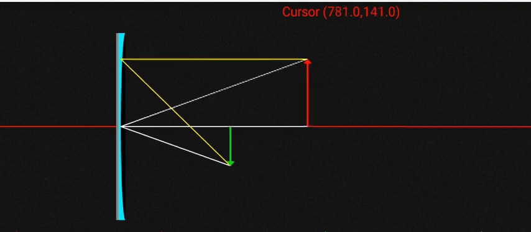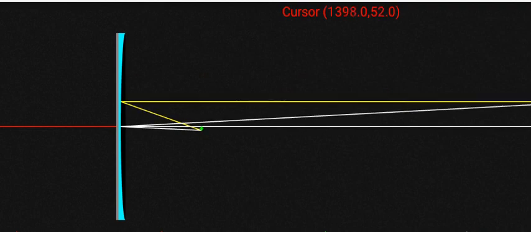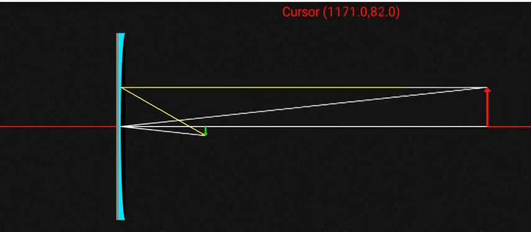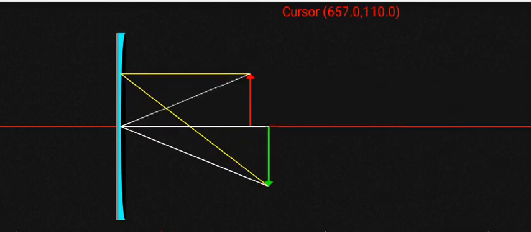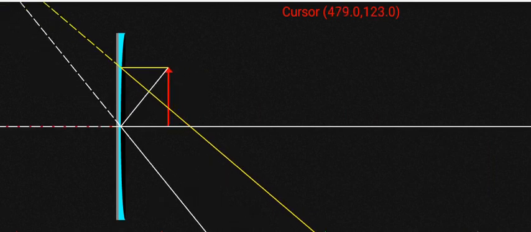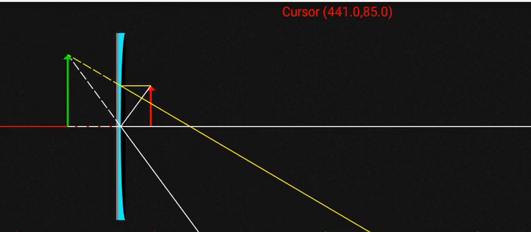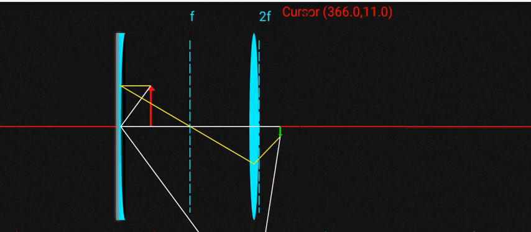Now if I take him away, meaning I bring a ray from infinity, you can see that it's coming and joining at the focus. Now if I bring him this side, then a time will come when he will be at the focus, where his image comes out to be at infinity. Now if I bring him between P and F, between pole and F, then you get a virtual image which is behind the mirror. So this is about the mirror.